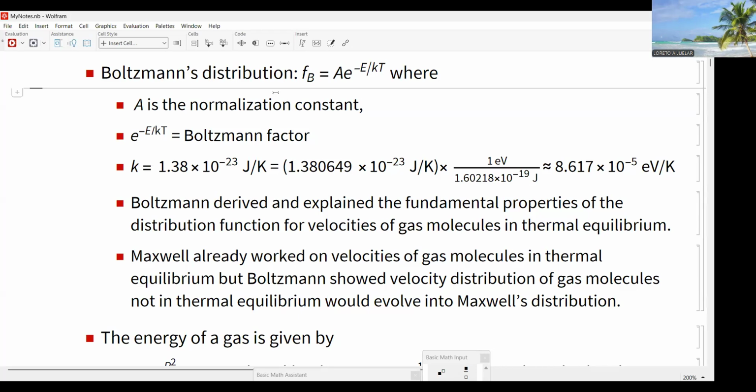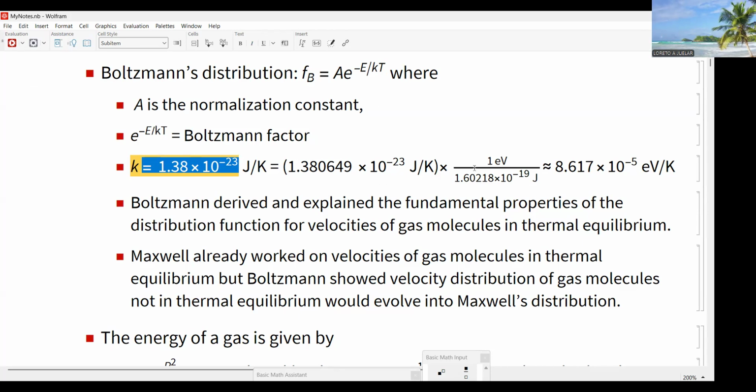The Boltzmann distribution is given with this formula, where A is the normalization constant. This one is the Boltzmann factor. We have the small letter k, the Boltzmann constant, equal to 1.38 times 10 to the negative 23 joule per Kelvin. So we convert this